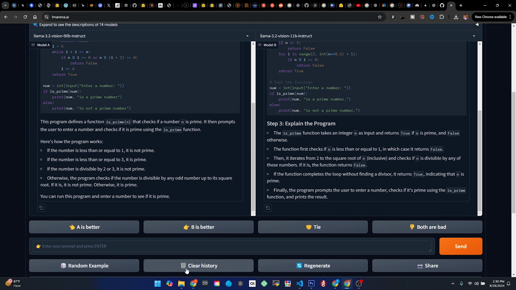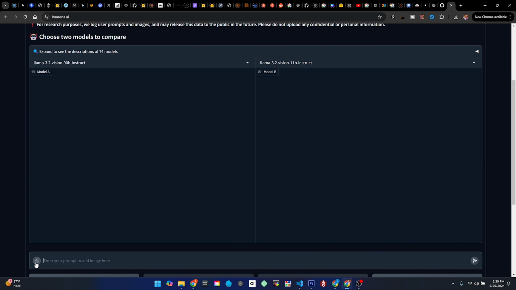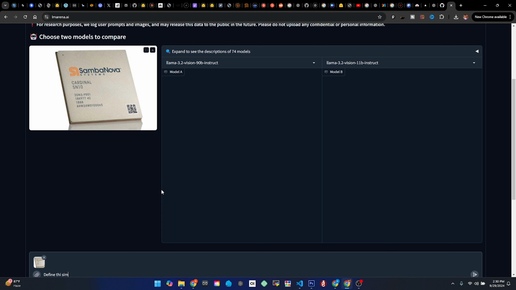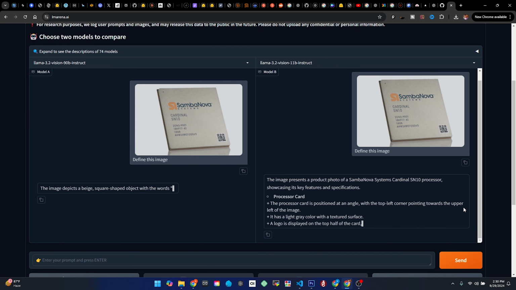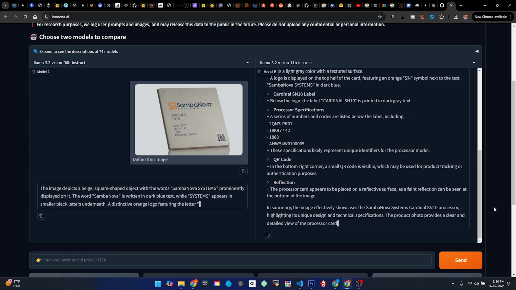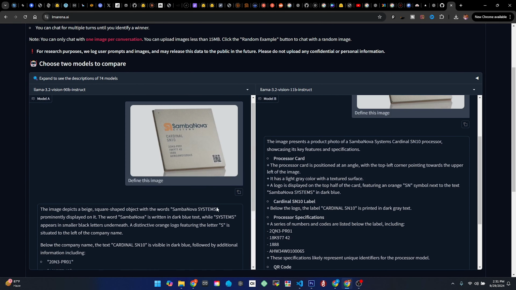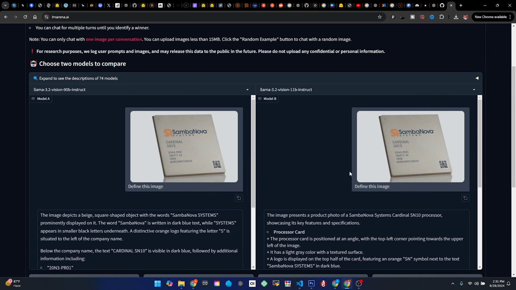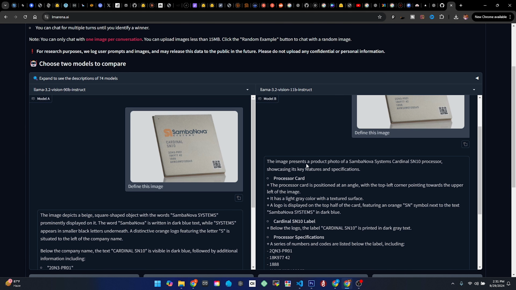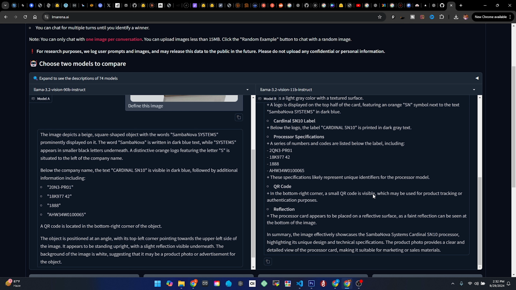Click on clear history. Now attach the file, define this image. So here, as you can see, the response has been generated, but the Llama 3.2 11B instruct is faster as compared to 90B. Here you can see that the image presents a product photo of a small Llama system. Right in the bottom right corner, a small QR code is visible, which may be used for product tracking